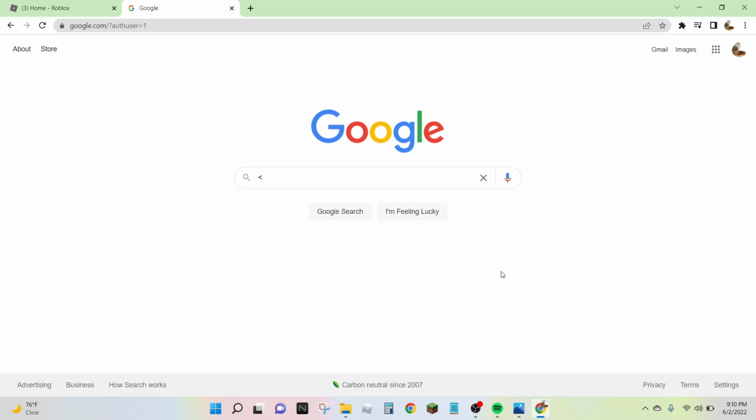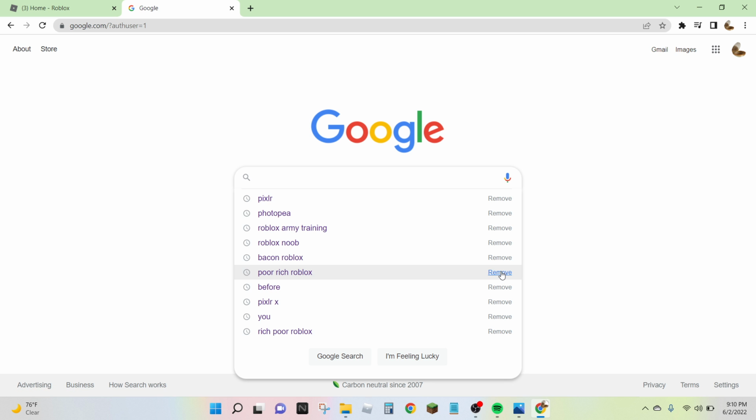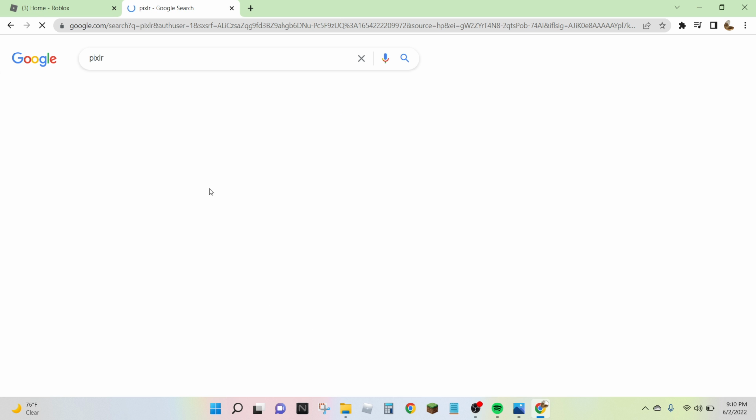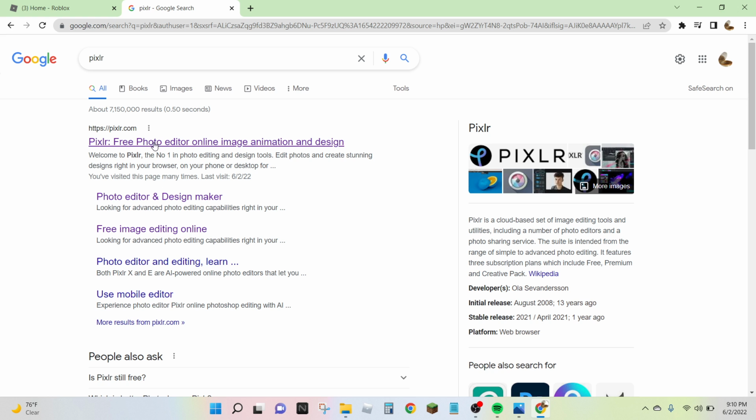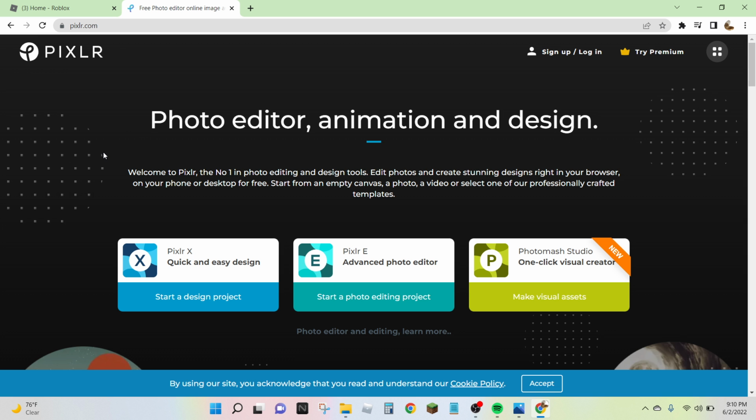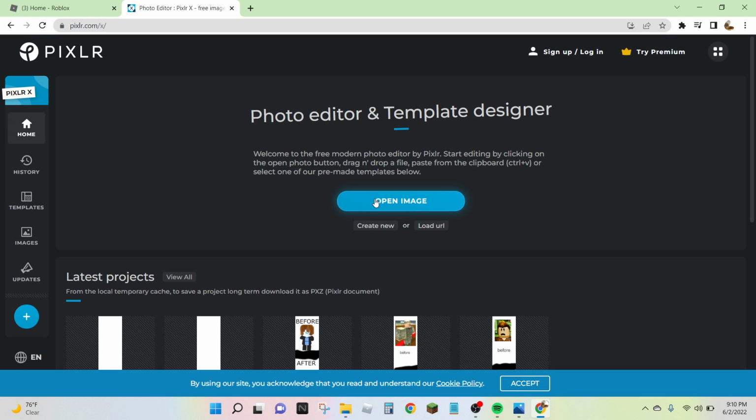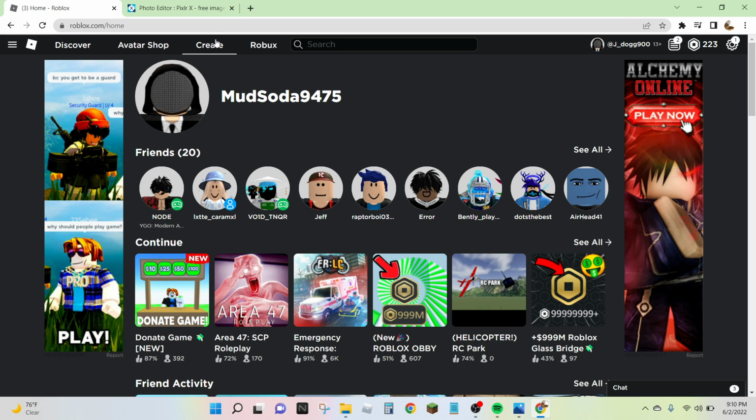First, you want to go to Google and type in Pixlr, this right here. You want to go to the site, and then do Start Design Project. Then you want to do Open Image, and before you go into that, what you want to do